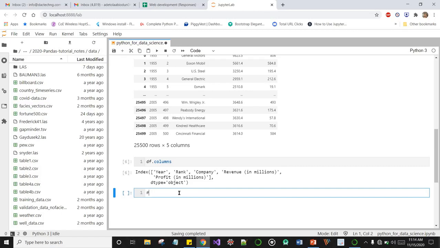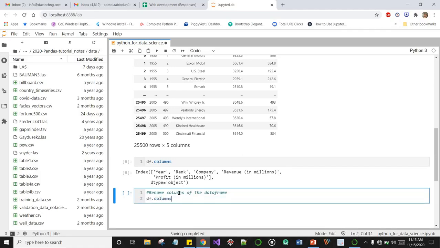To rename our columns, we can simply do data frame dot columns. We select all the columns and we assign a new list, right, to the columns. So create a list in Python by using square brackets.